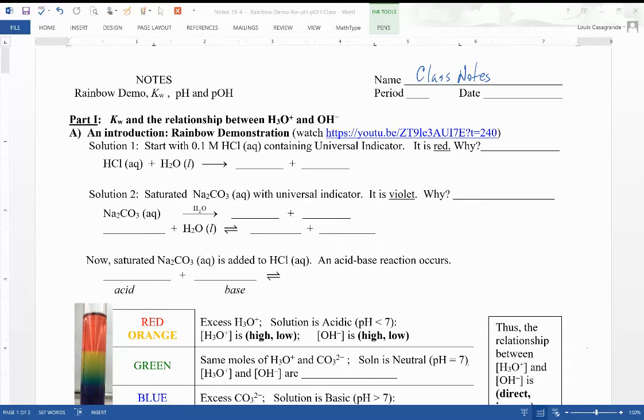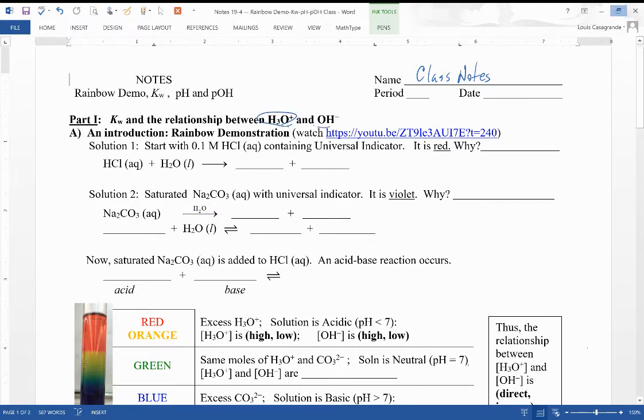Welcome to our next video in which we're going to learn about the rainbow demo leading us into something called the water dissociation constant and pH, and something related to pH that you may not have heard about is called pOH, and so you'll see how those work when we get to them. So in part one, we're going to look at the relationship between the concentration of hydronium ion